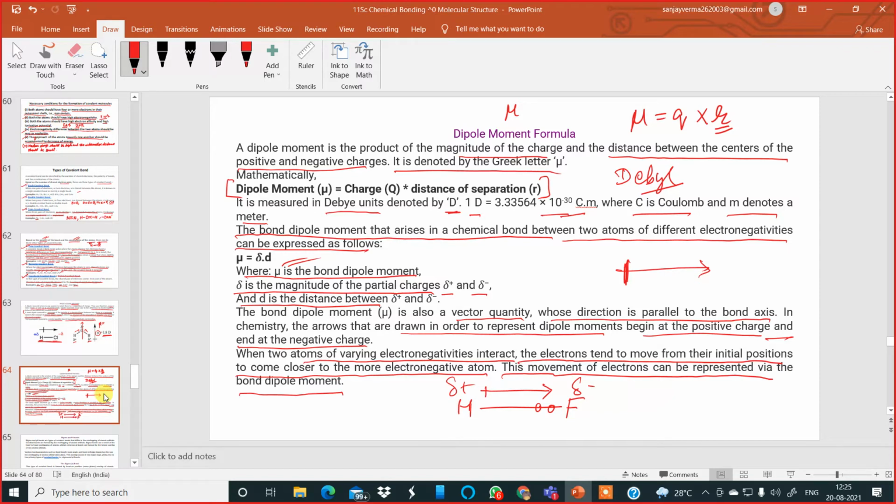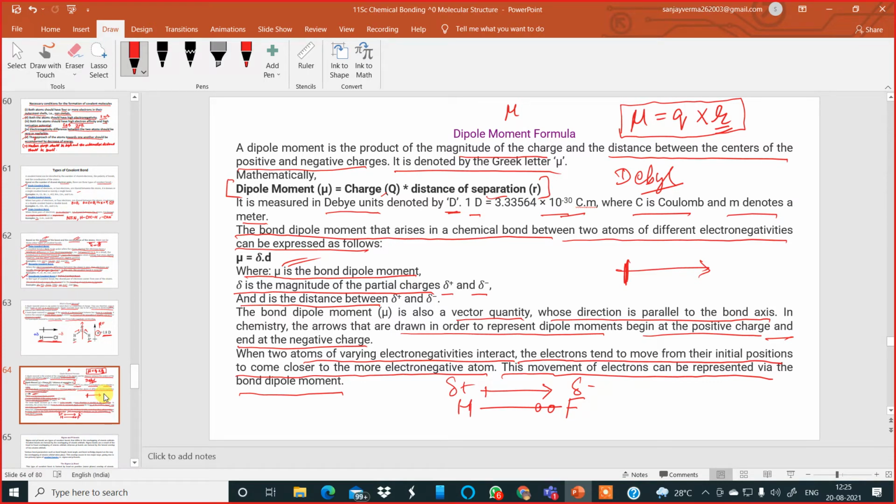So, are you clear with the mathematical formula for dipole moment? Provided the charge is given in coulombs and the distance is given, can you calculate dipole moment if I give you simple numericals in the examination? Yes, sir. Does anybody have any question regarding dipole moment? Just remember the starting sentence: dipole moment is a measure of the polarity of the bond in ionic compounds as well as covalent compounds.